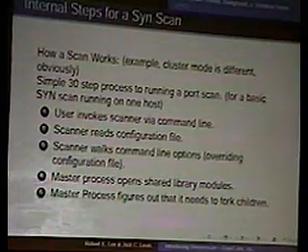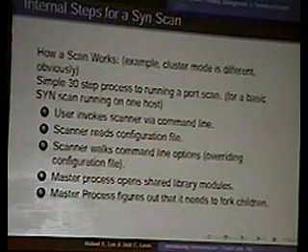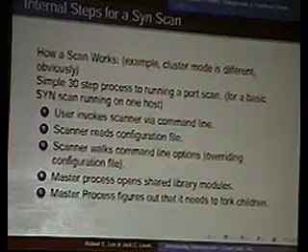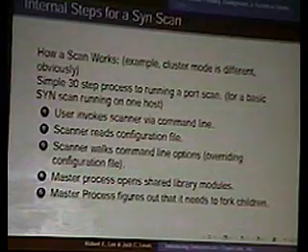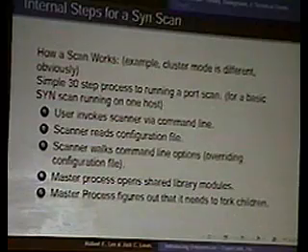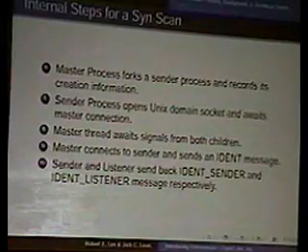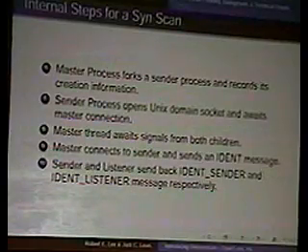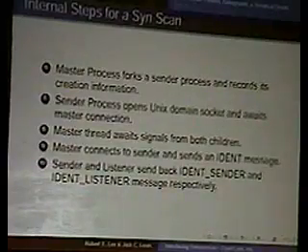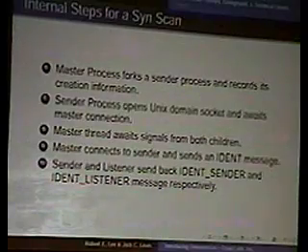The master process figures out whether or not you want it to run in a clustered mode, which is a command line argument, but this is actually for a local scan, so we're just assuming that the master thread is actually going to fork children. And then it records some information about them. The IPC goes through a Unix domain socket, so it's a little bit faster than it used to be. And then it uses signals to synchronize, which I believe is actually causing us problems